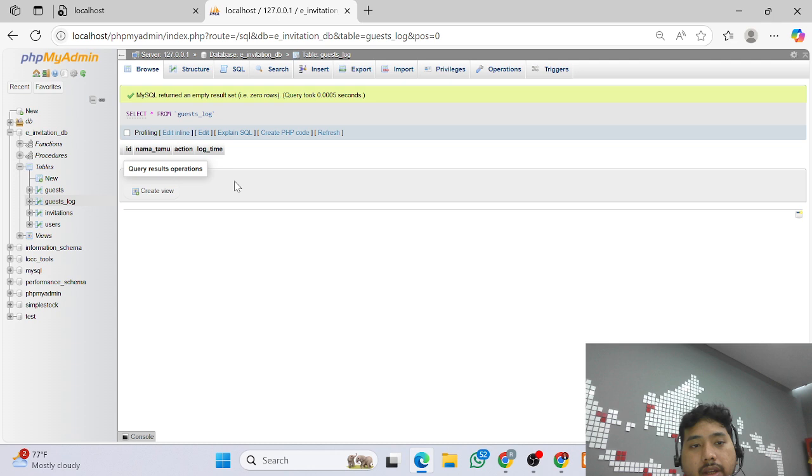Okay, so it's the new table for the trigger, and then we have guest log ID, nama tamu, action, and log time.